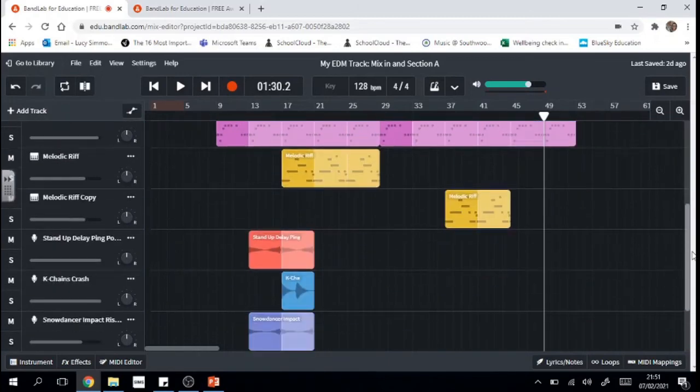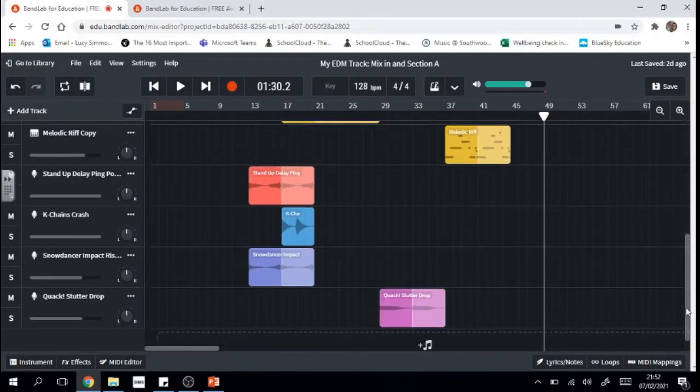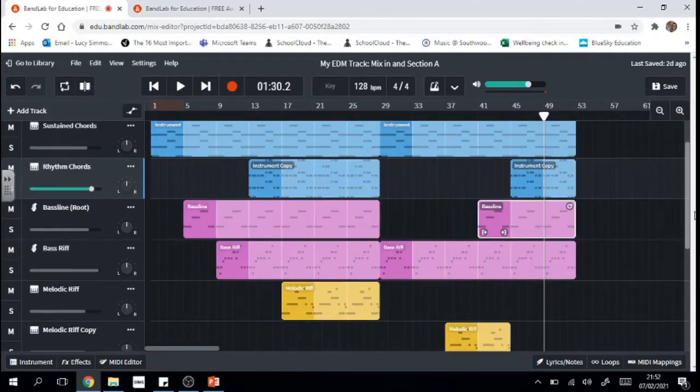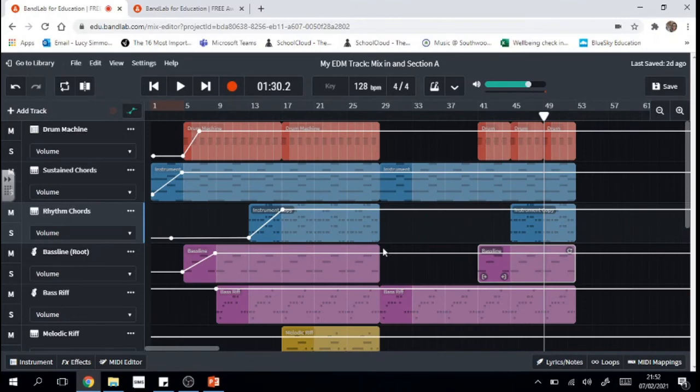We should be back at the main section. Now I think that sounds pretty good. I am going to drag over in a second a couple of those riser sounds to kind of emphasize, but I'm quite happy with that as we go. I am also going to add in a little bit of automation here on the parts so that they don't come in quite so